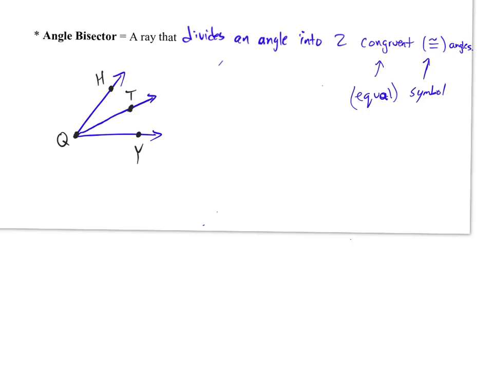So, all right, our bisector is going to be what ray? Which of those rays is the bisector? Q, T. Yep. So I'm going to say QT then, because it starts at Q. Because that could be a little awkward, couldn't it? QT bisects angle HQY. So what we're trying to say is QT, this middle ray, bisects this angle HQY